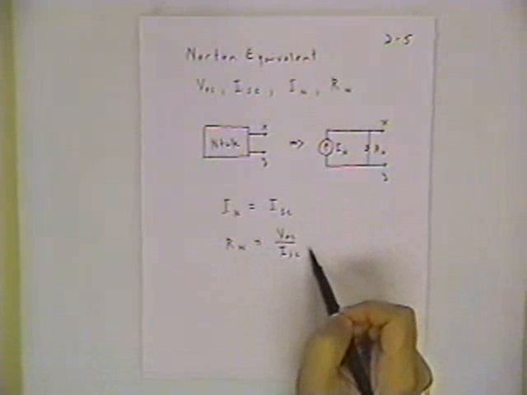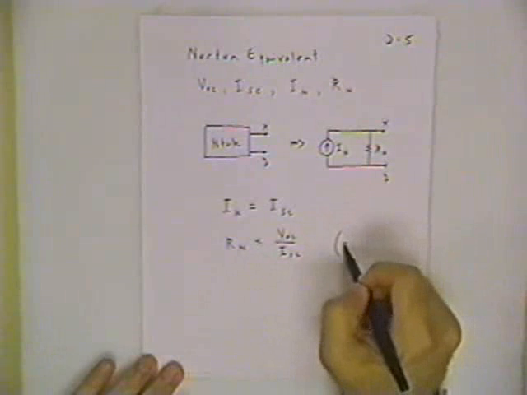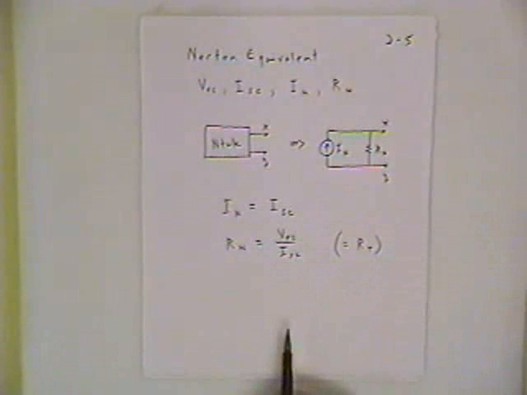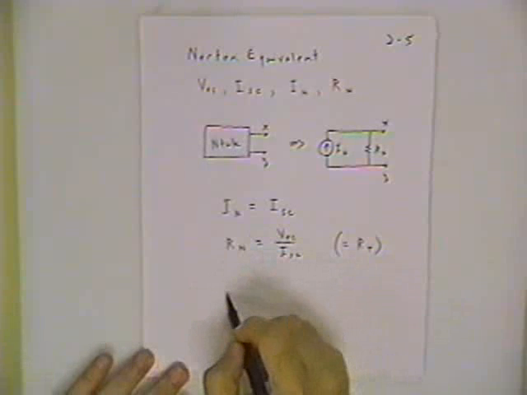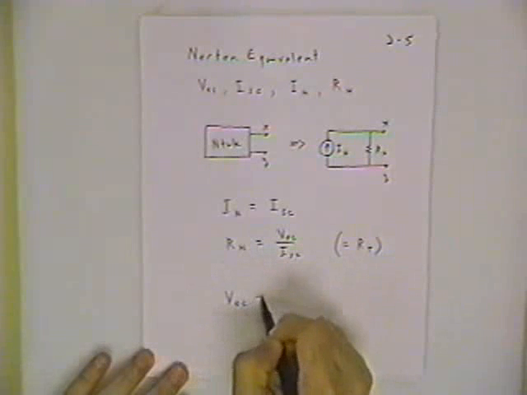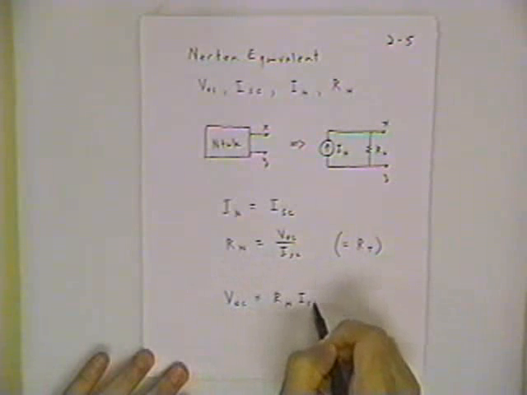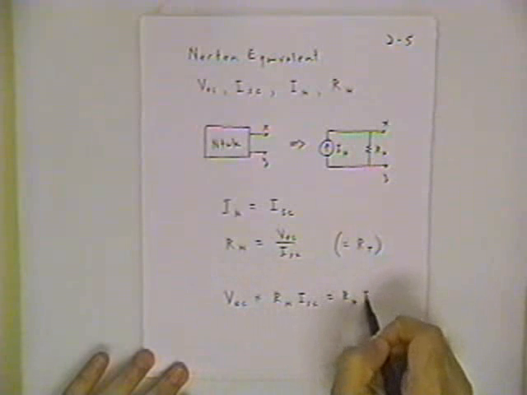And now you notice this is exactly the same as we had for the Thevenin resistance. Well, this basic equation here relates the two models. If VOC is equal to RN times ISC, which is RN times IN,